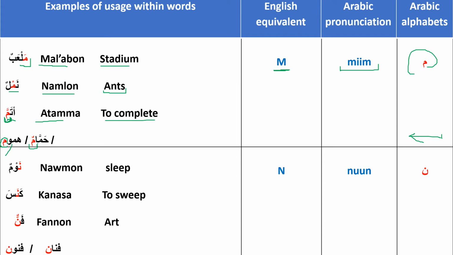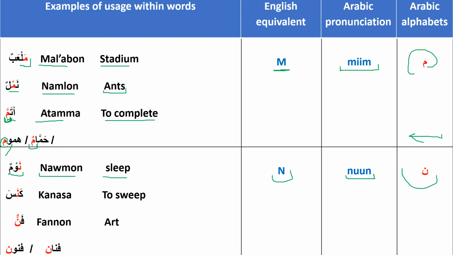Now let's see the following letter, this one. In Arabic as an alphabet, it's called noon. And the equivalent sound in English is N. When you are to write it in the beginning of the word, as all letters, most of letters, they are attached to the letter that comes after them, like in the word nawmun, which means sleep,